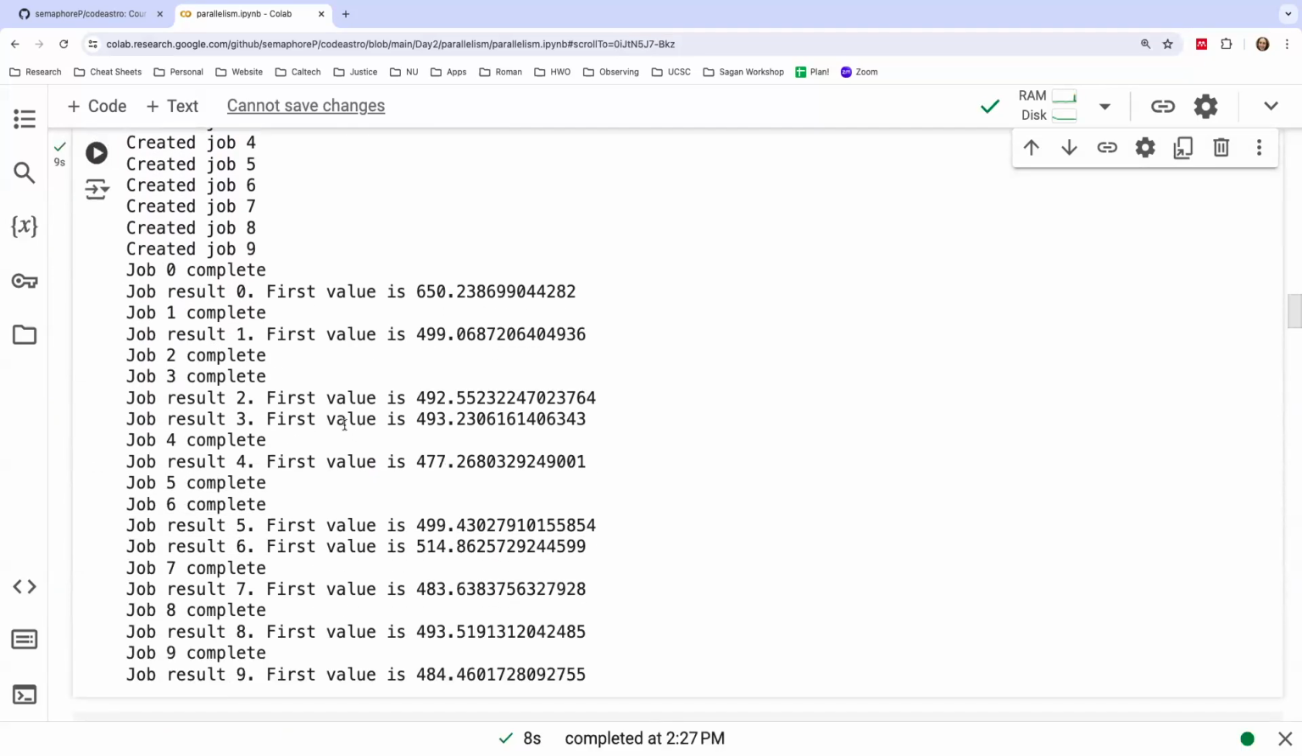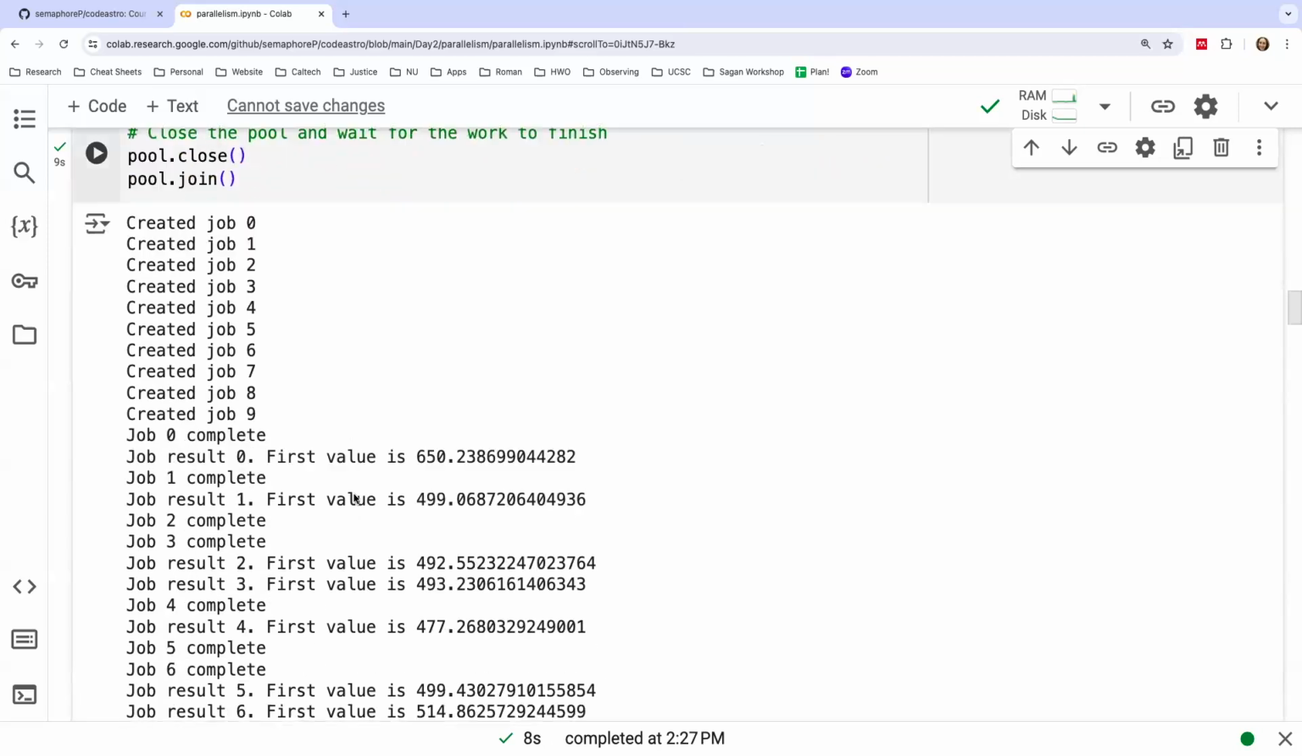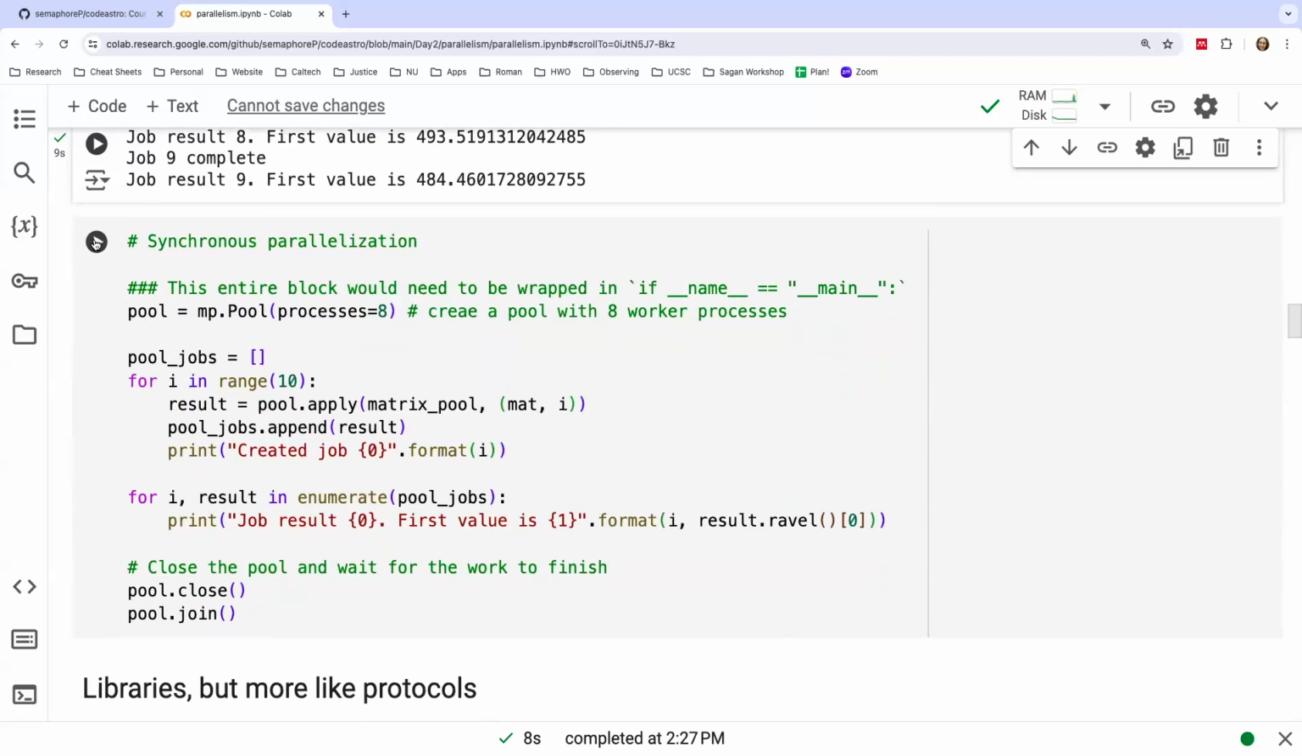So it created jobs, and then it tells you when the job is complete. It tells you its result. Job 1 is complete. It tells you the result. And then you see job 2 and 3 are both completed together, and it tells you the result later. And as soon as a job is completed, it tells you the results. But when you use synchronous parallelization,